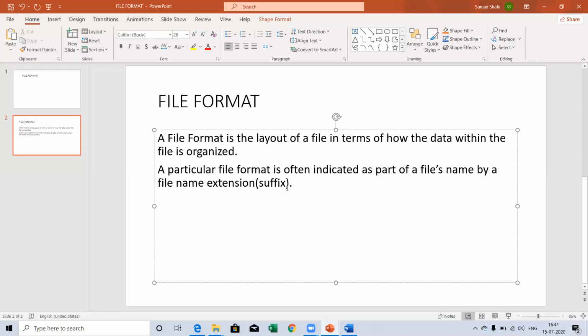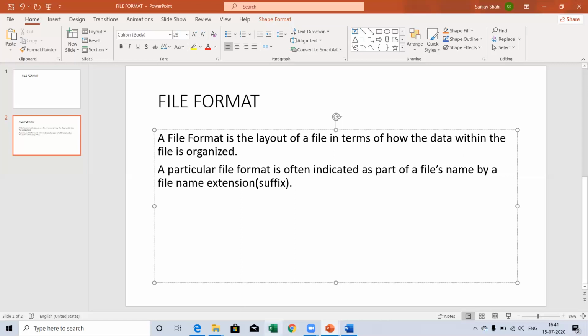If you have an image file, then its extension, meaning suffix, will be .jpg. So these extensions give you the identification of which type of file this is, meaning in which form your data is. It is in document form, or presentation form, or it is a music file, an audio file, or a video file. Which type of file this is can be identified by its file extension.